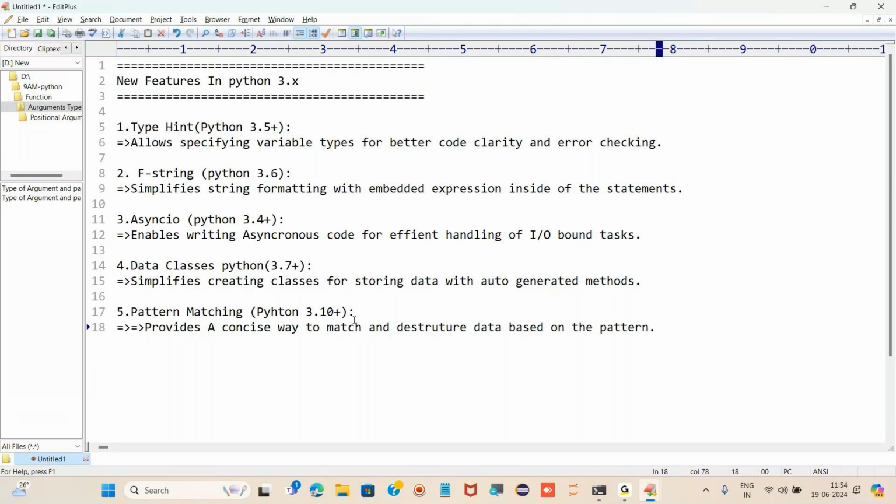What it is saying is, it provides a concise way to match and destructure data based on the pattern. It is simple, just like